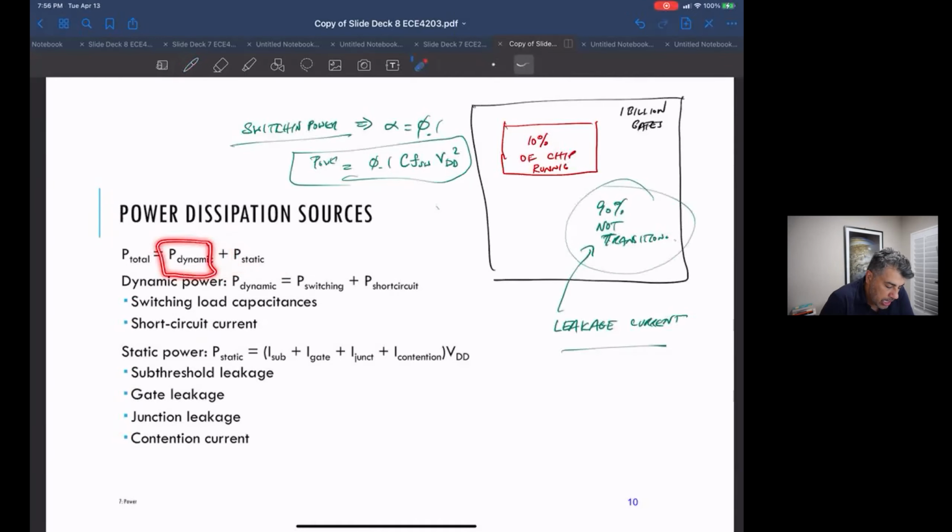It's called dynamic power because we only get power consumption from the active circuits when they're switching. So there's a dynamic event happening. But there's also power consumption because of this leakage, even when certain circuits are not running and they're in a static